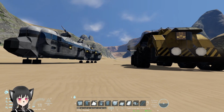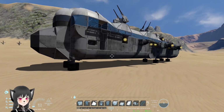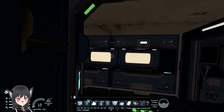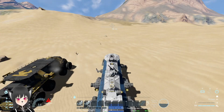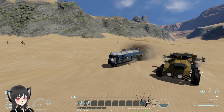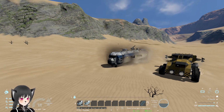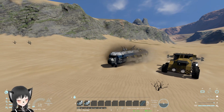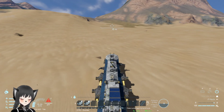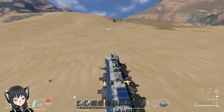I'm pretty sure most of us here are very familiar with how hovercrafts work. They basically use zero friction wheels and they can be a lot faster and a lot stronger than rovers. But the downside of a hovercraft is that you need thrusters to actually move it sideways, or whatever lateral direction